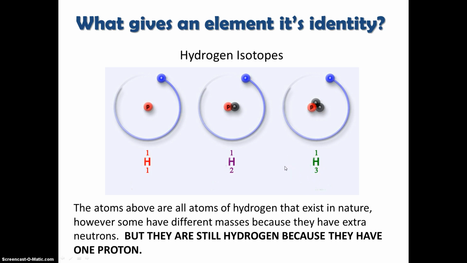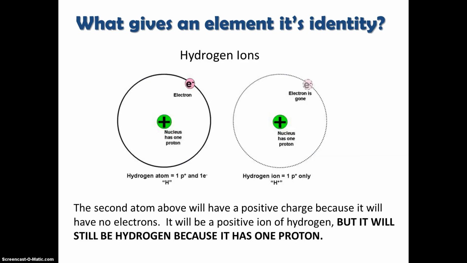But guess what? It's still hydrogen. Why is it still hydrogen? Because it only has 1 proton. And a proton is what truly gives an atom its identity. So no matter what we do to the neutrons, hydrogen is hydrogen because of its proton. Another example,